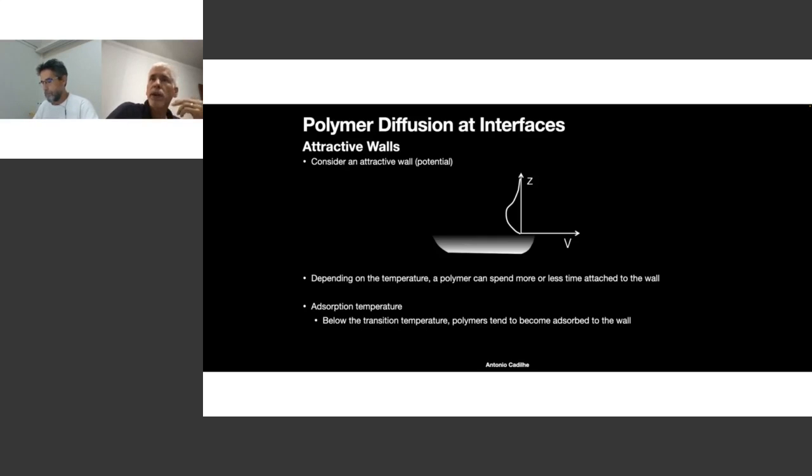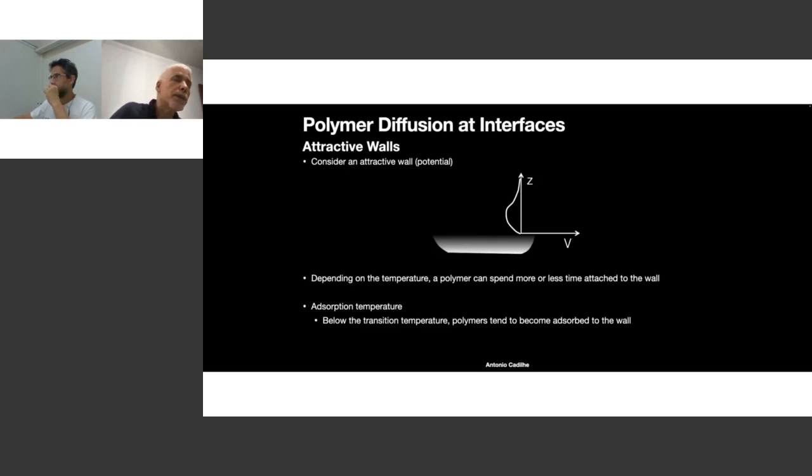One polymer can leave, and another one will get to the same spot and occupy the substrate. So these are the type of problems that one could want to study,